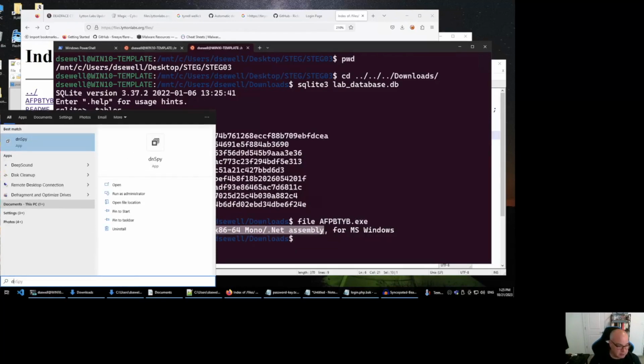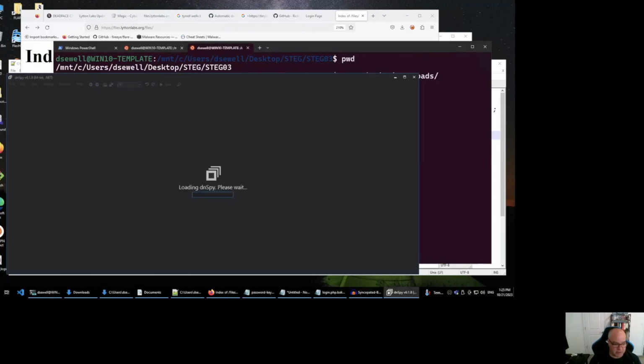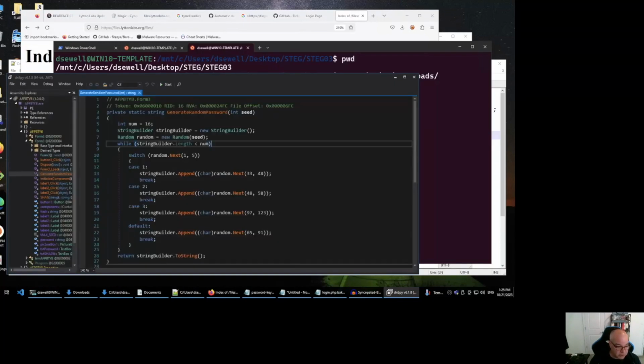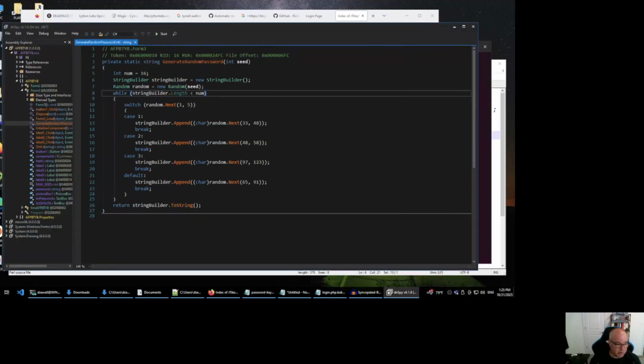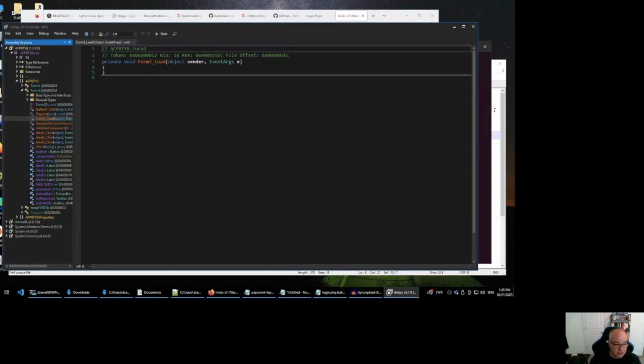We want dnSpy, and we can decompile this program and look right at the source code and get in there and play around. You can even debug it if you really wanted to. But there's a couple of salient things I want to show here. First of all, Form 3,